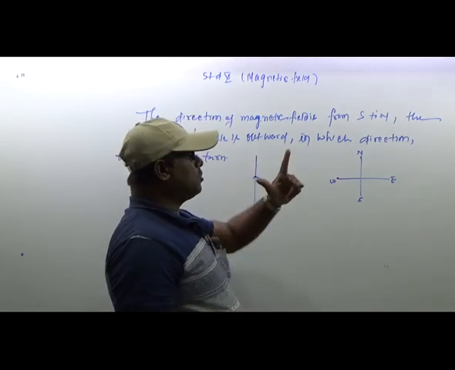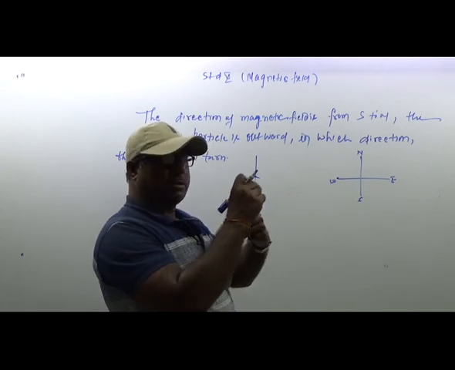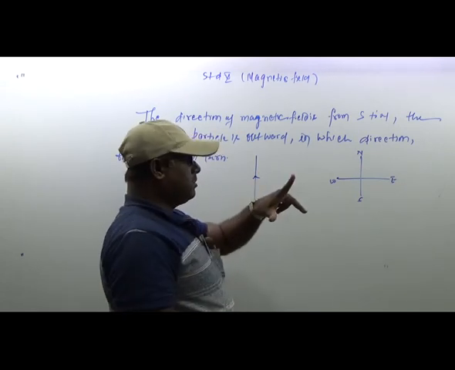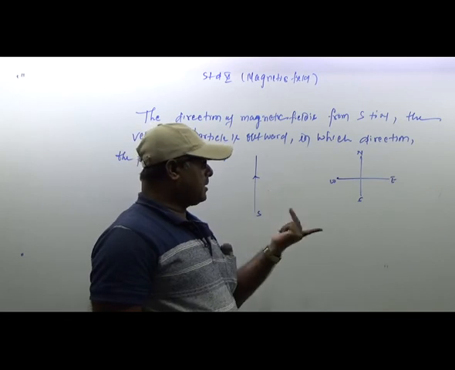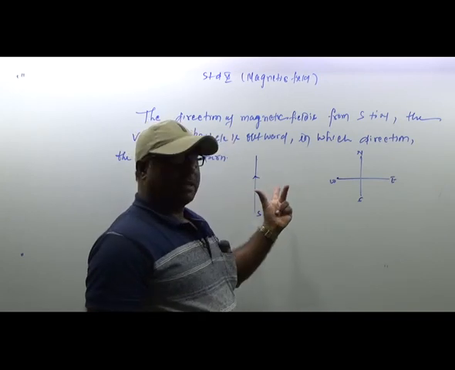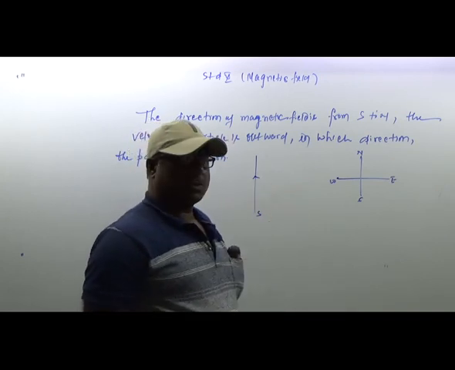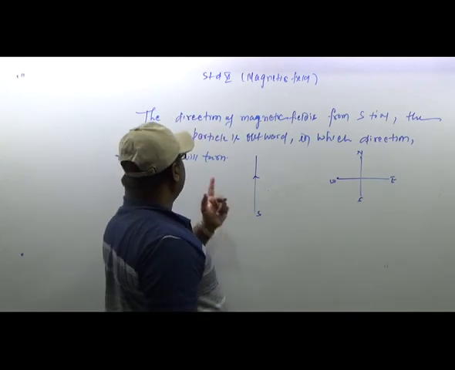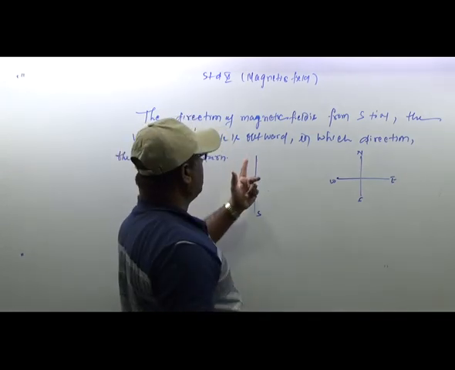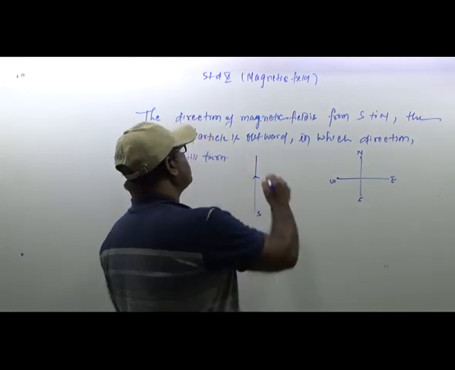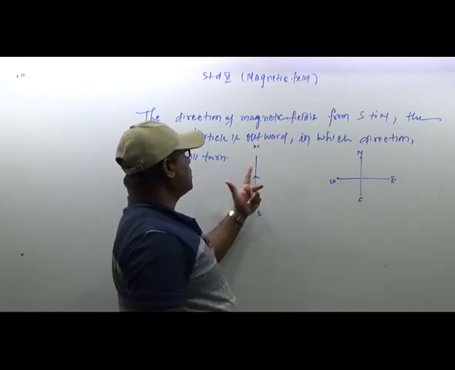Look here. How do we figure? We do not change the direction. It is not allowed. You have to keep it always; you can move like this and like this, but don't do like this. So, the direction of magnetic field is from south to north. It is south to north.